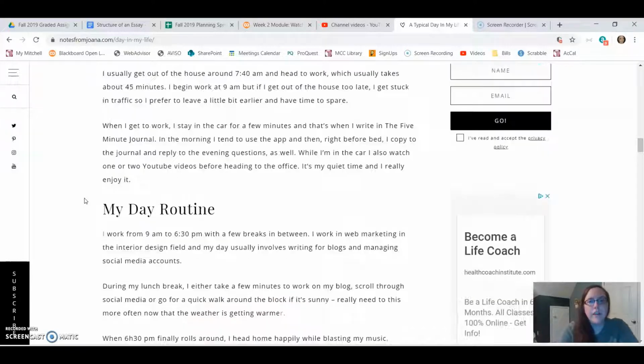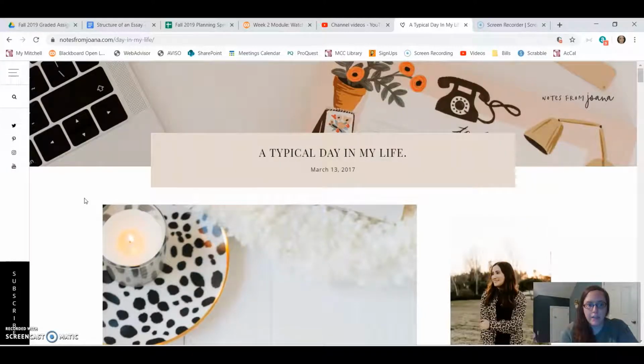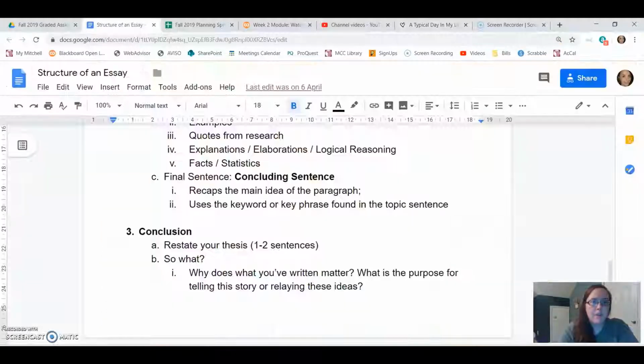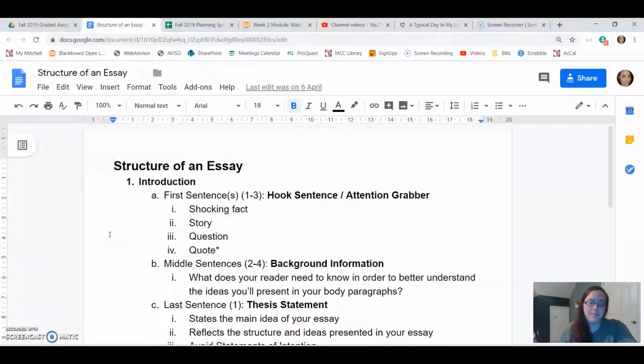So this is a great little page to just read through really quickly and gauge and compare to your own writing. This is not what I'm looking for. A good place to brainstorm, a good place to start, but remember, you want to make sure that your final essay for this day in the life of me still follows academic writing conventions. And if you have any questions about that whatsoever, please don't hesitate, send me an email. I know some of you have probably already started working on this or have finished it, so just make sure that you've reviewed this video and compared and contrasted what you've written to the structure here that I'm looking for.